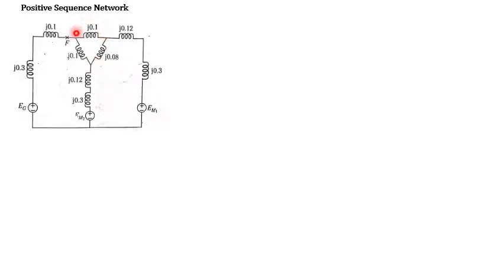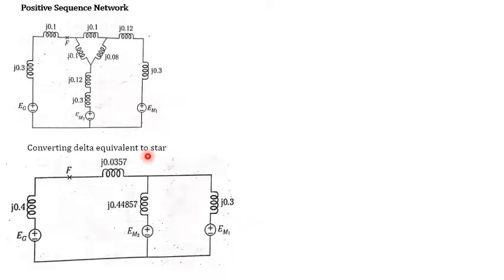It is not possible to find the reactance at the fault point because of this delta. So we need to convert this delta into star and do the realization. We already know the formulas for converting delta to star and star to delta. We already taught that; if not, just look into that. Those formulas help us calculate the delta to star equivalent and vice versa. Finally, converting this delta, we do the realization.